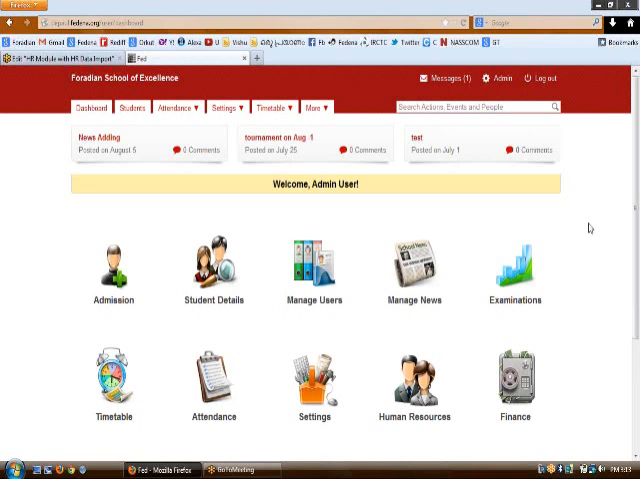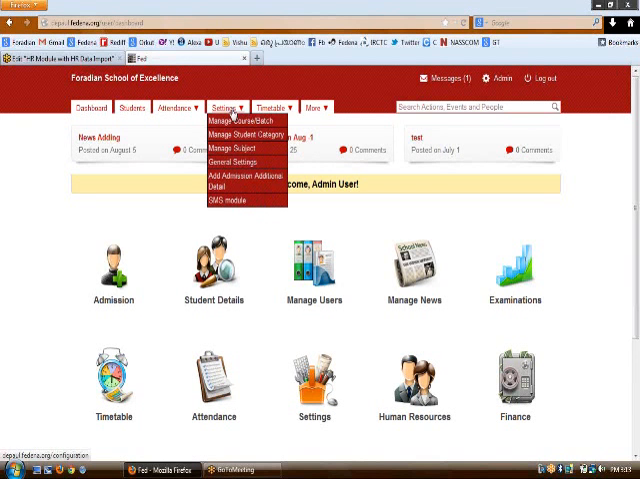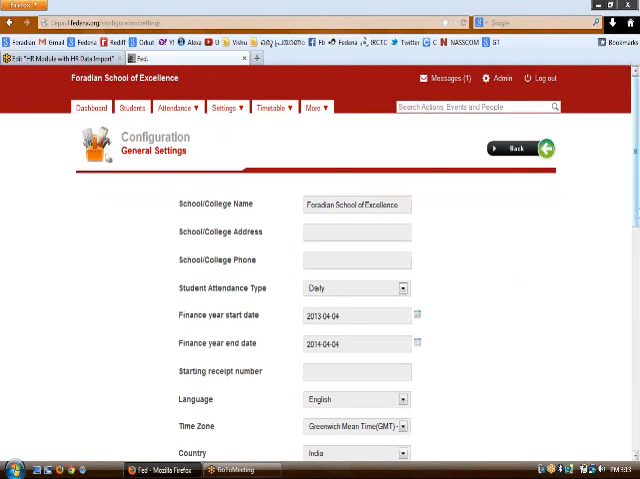Now, to configure Fedina, we must first go to the general settings part. In settings, this configuration is necessary to start with Fedina. Before using Fedina, we make the application know what our school is all about. So the school or college name can be filled in here. Then comes the address, the phone number,